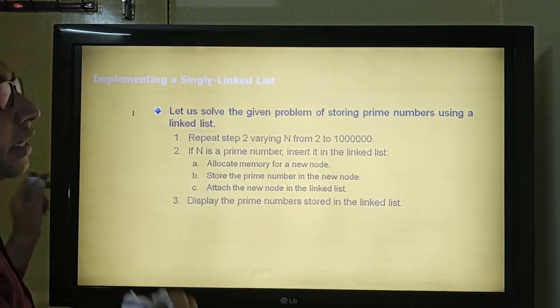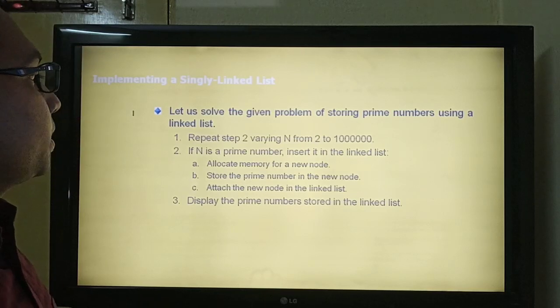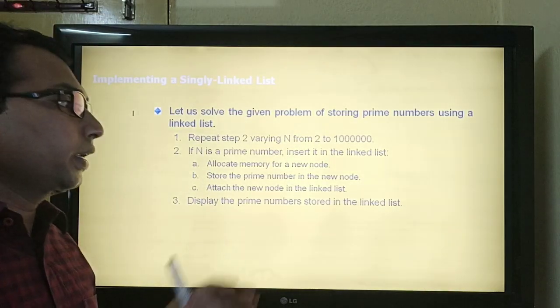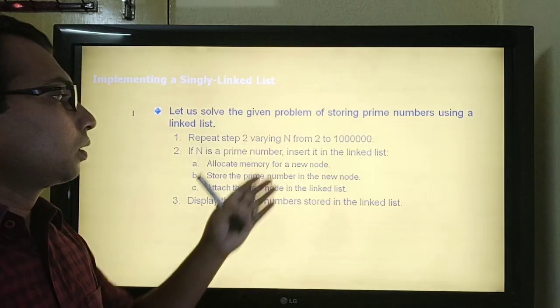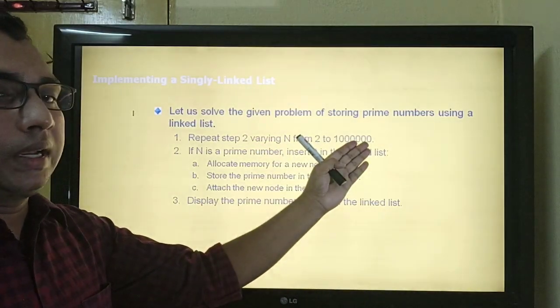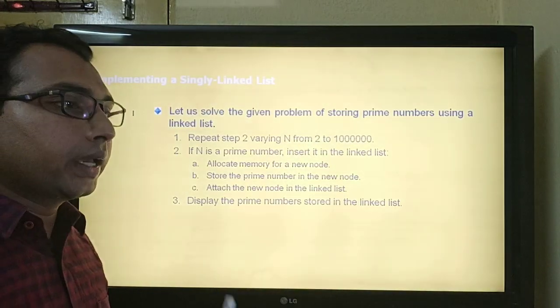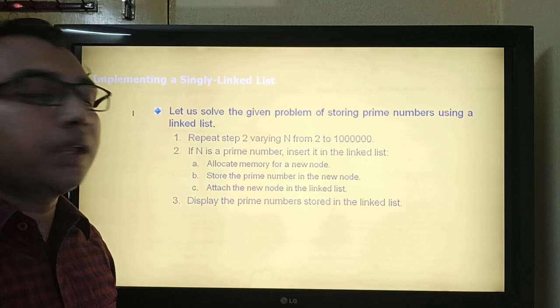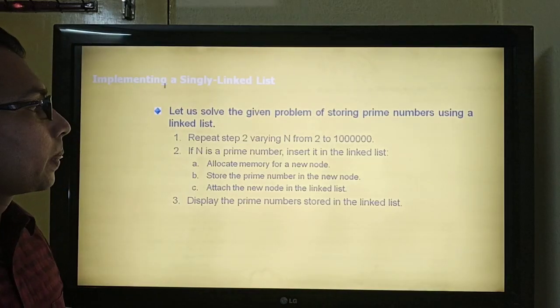So this was the problem that we had left out in the previous session, that is, storing a list of prime numbers. The range was from 2 to 10 lakh. It is a huge range, hence the number of prime numbers will be very large.